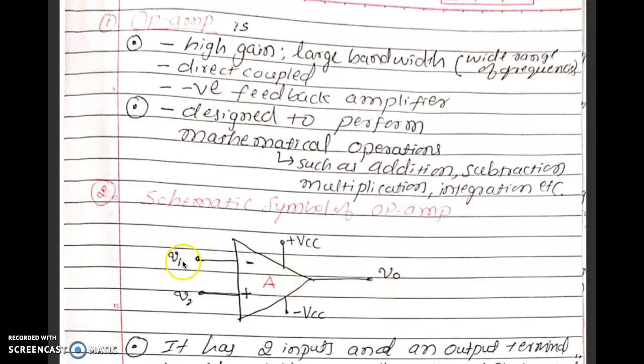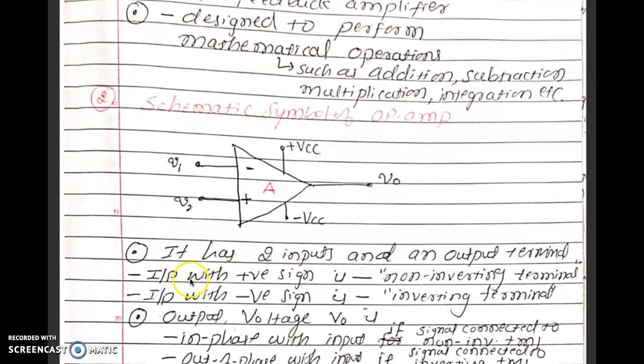But the voltage V1 is applied to the inverting terminal. So when it gets amplified at V0, its phase is inverted. If our waveform is positive going first and negative going next, here after amplification it is first negative going and then positive going. So phase reversal is going to happen with the inverting terminal voltage. At the non-inverting terminal, phase reversal is not going to happen. The same is explained over here.